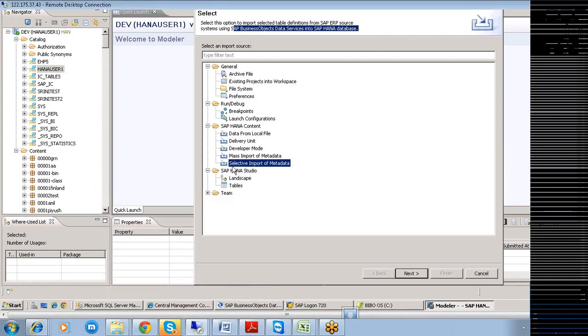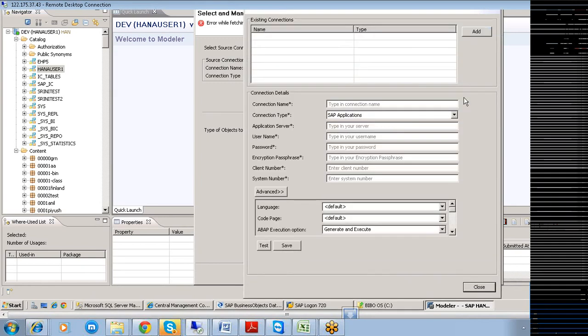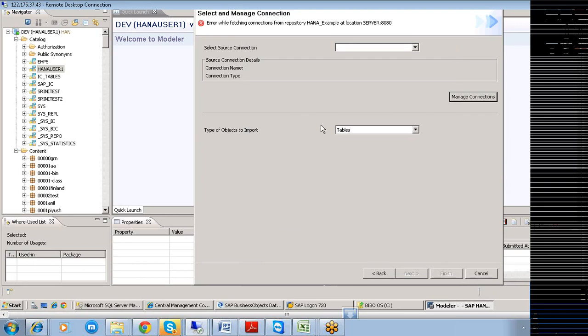That is what we need to configure, but here there are two things, tables and extractors, and this is not coming here. You click on manage connections. Manage connections is for when you have multiple servers. Today let me start configuring this particular source connection, and from there we'll see whether all the tables you have imported are able to be imported or not.